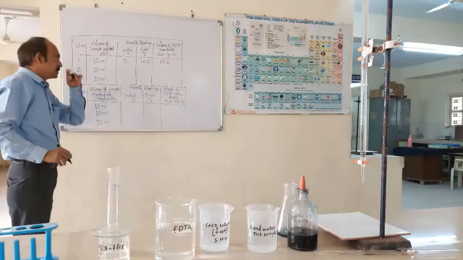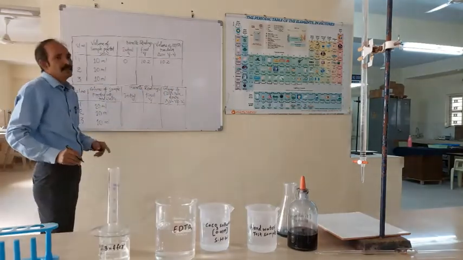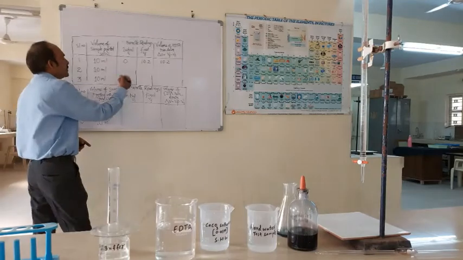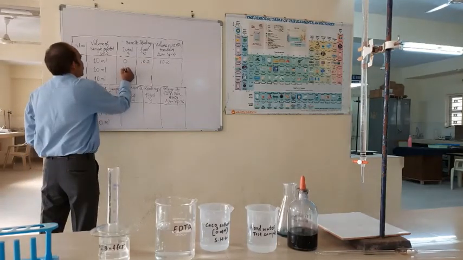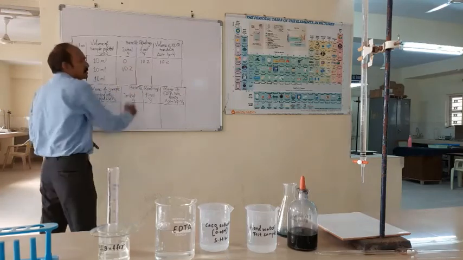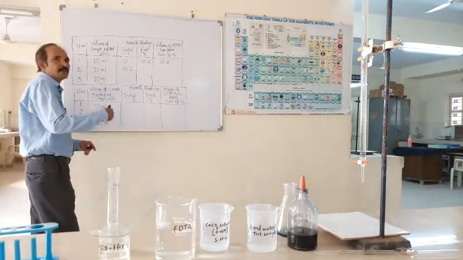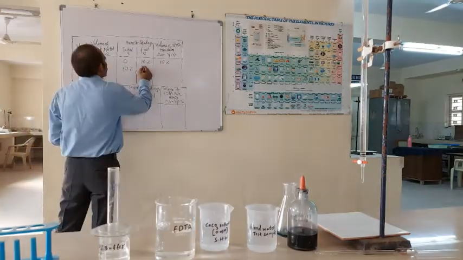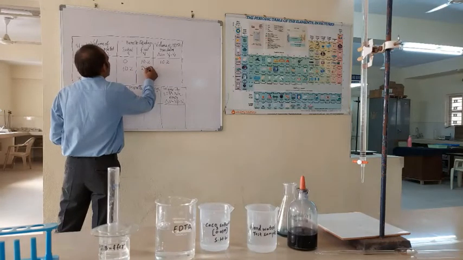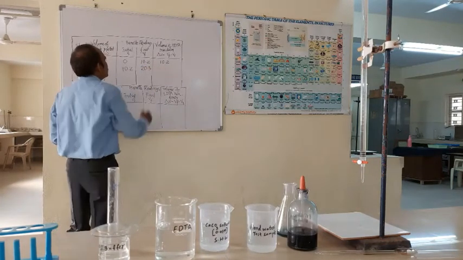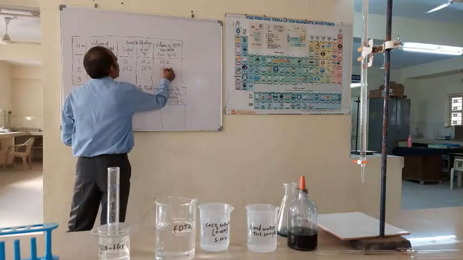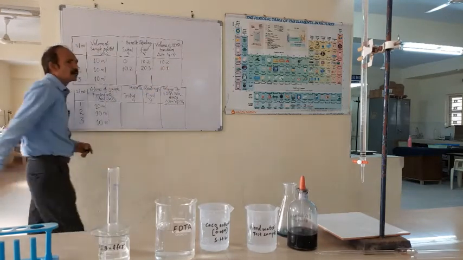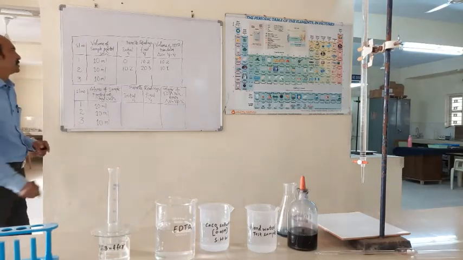Now as the burette is about 50 ml, when we are doing the next iteration, we can take the 10 point as the initial value and we can titrate. Suppose we got around 20.3. So now the difference in the value is about 10.1. As we have to take two concordant readings, we have to go for the third iteration.